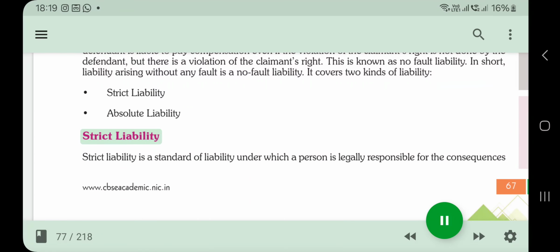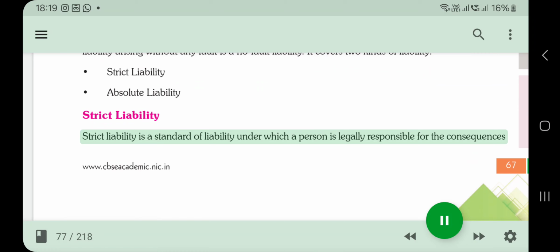Strict liability. Strict liability is a standard of liability under which a person is legally responsible for the consequences